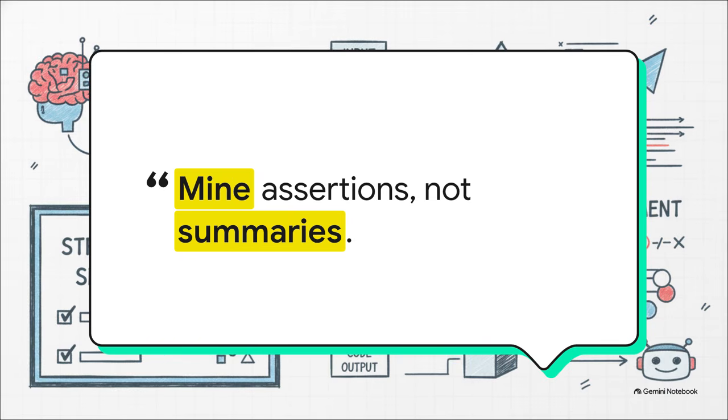Mine assertions, not summaries. When you're mining an existing system, you have to rank your sources by executability. Code assertions that actually run, those are trustworthy because they're checked by CI on literally every commit. Human-written prose, design docs, and docstrings, those are checked by nobody, and they drift silently. If they ever conflict, the executable line wins every single time.